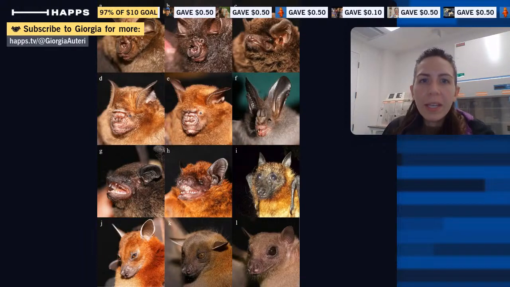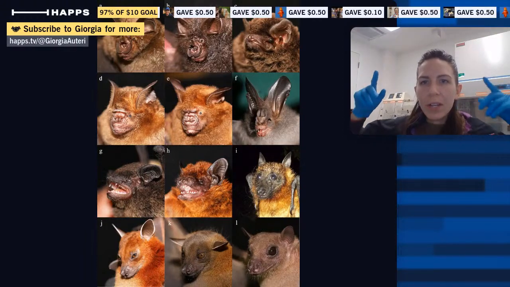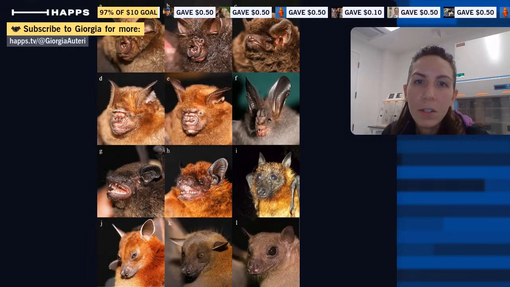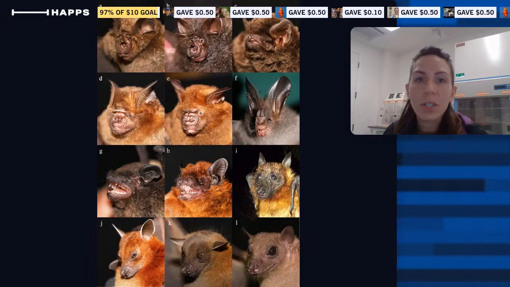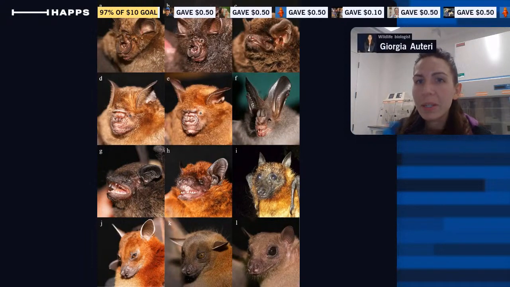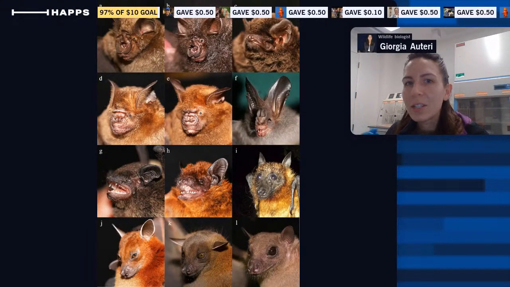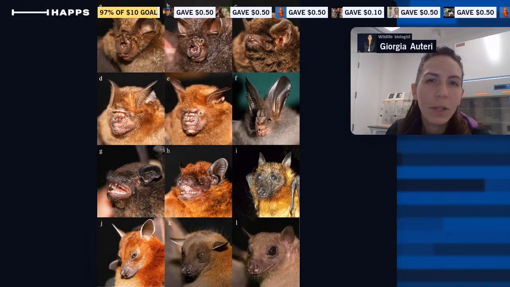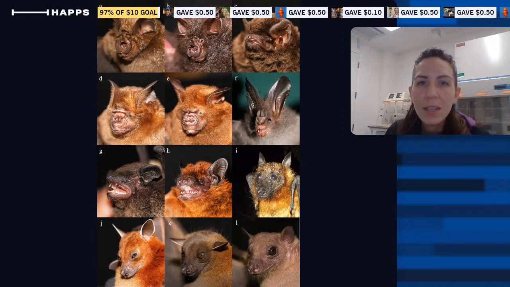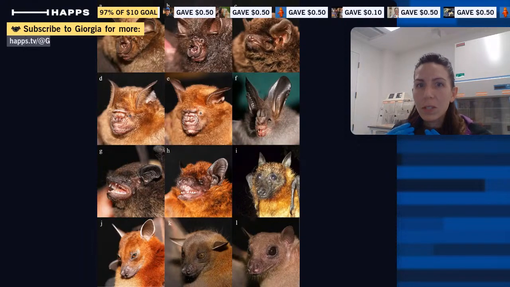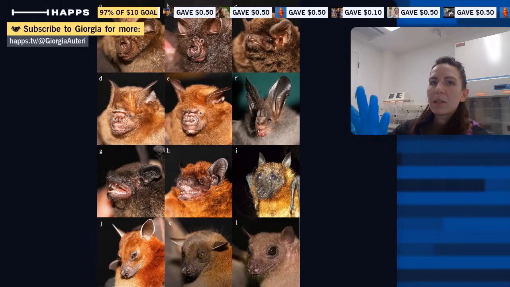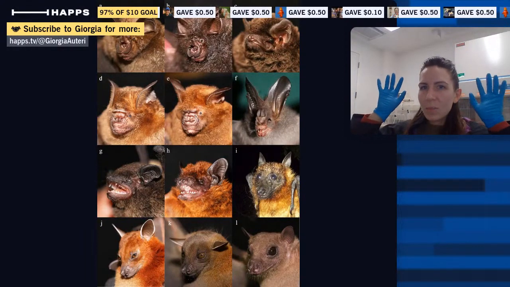And some of the ones that have bigger ears, or ears with all kinds of ridges and special shapes in them, they're echolocating. So they're using sonar to hunt insects. Often these insects are bugs flying around and the bats catch them in the air. They need a lot of highly detailed, fine scale information about where the bug is because it's moving around so quickly. When they are using their echolocation, they send out sound waves through their mouth, and the sound waves bounce back and they catch them in their ears